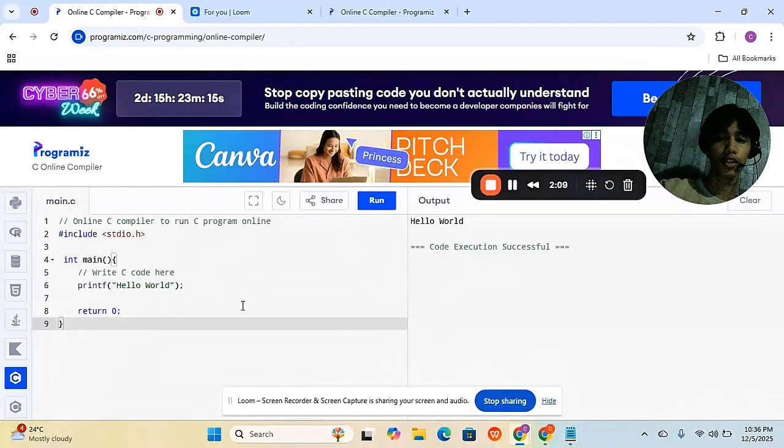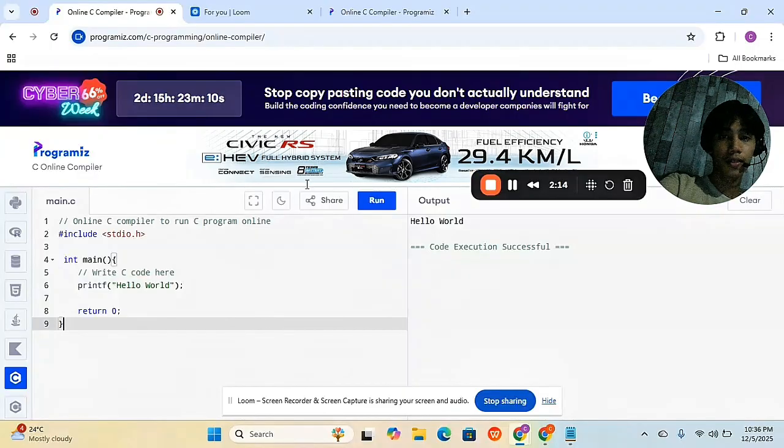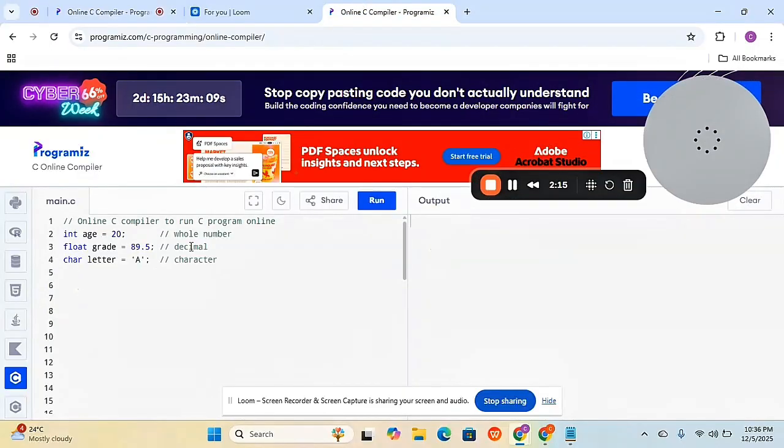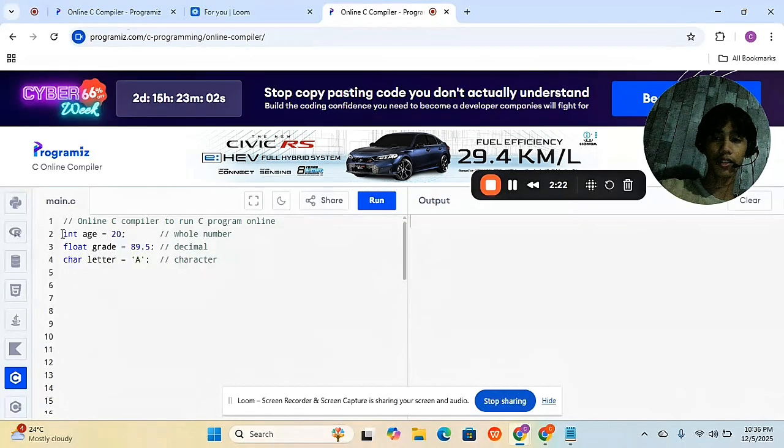So let's move on to variables and data types. Int age is equal to 20, meaning it's a whole number. Float grade is equal to a decimal, char is a character.